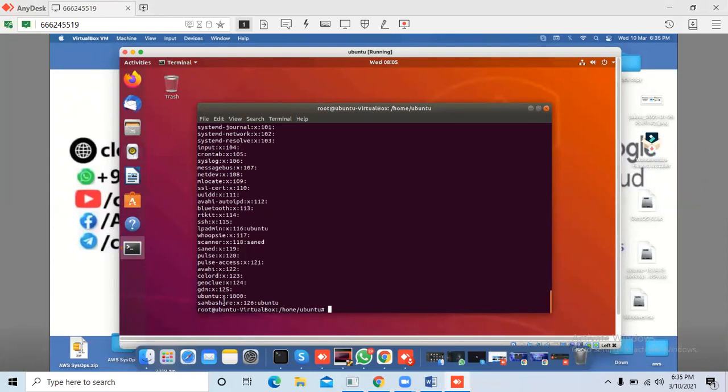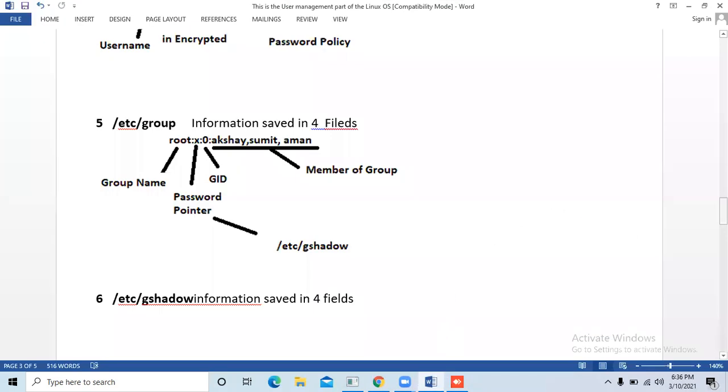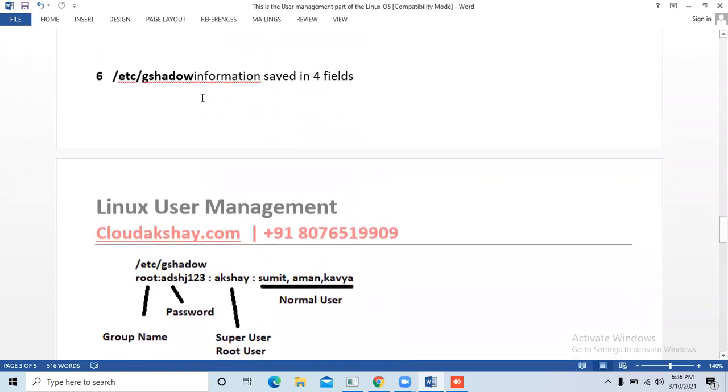If I set a password for the group, it shows here. X means I have not set any password for the Ubuntu group, and 1000 is my GID. And the same as the gshadow file, information is saved in 4 fields.